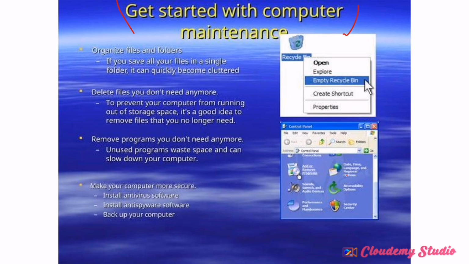So we're here now. Start with point number 1. Organize files and folders. If you save all your files in a single folder, it can quickly become cluttered. Okay, so let's see here. We have recycle bin, explorer, empty recycle bin. Okay, then number 2,